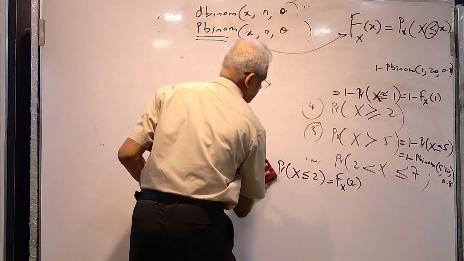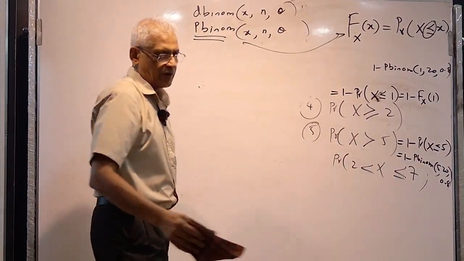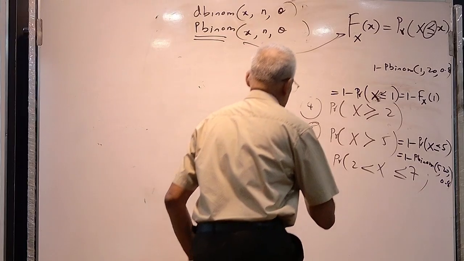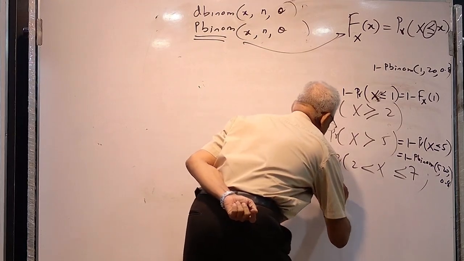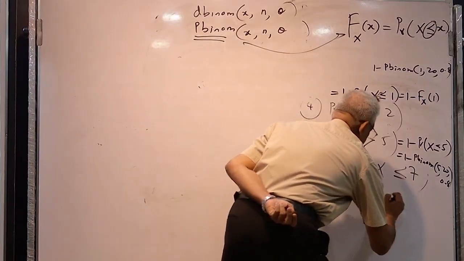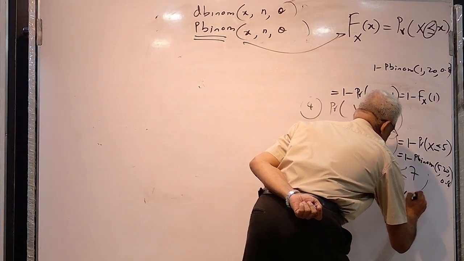Okay, the last one. I will leave that for you to do. Do it. Probability x greater than 2 but less than or equal to 7. How do you find out that? You can write down this one as probability x less than or